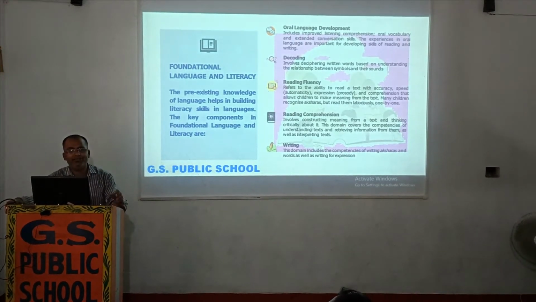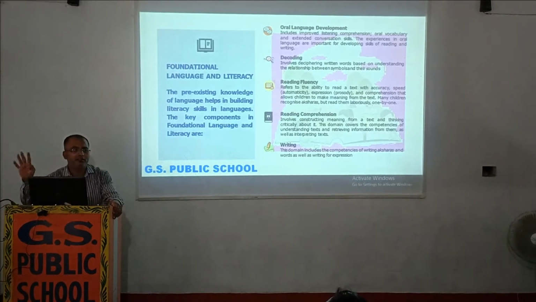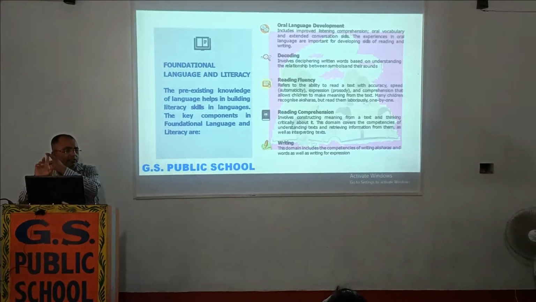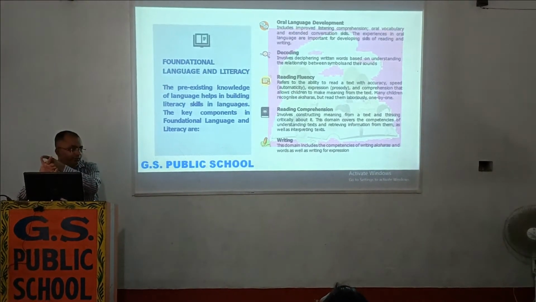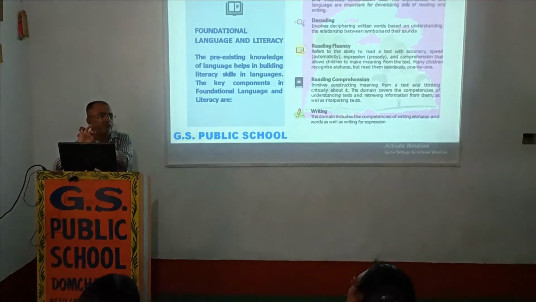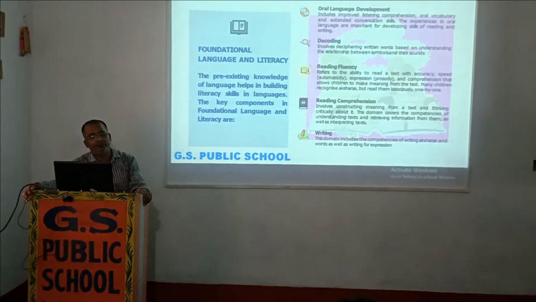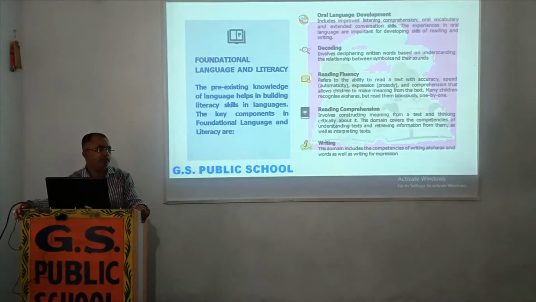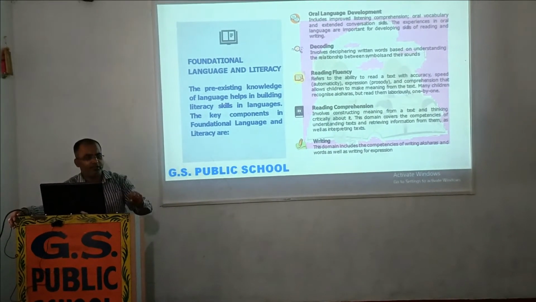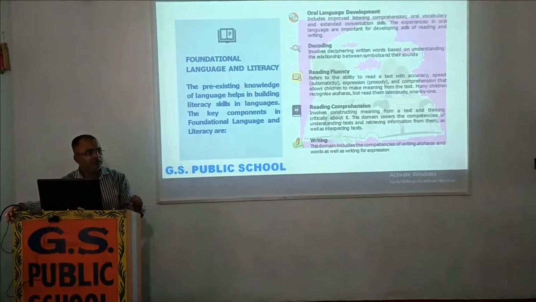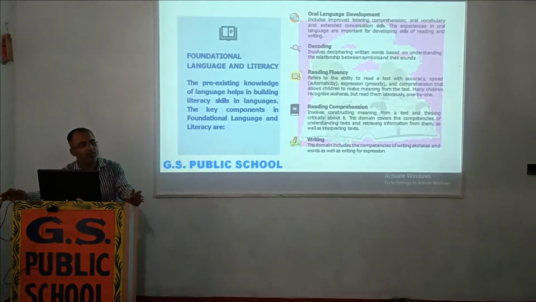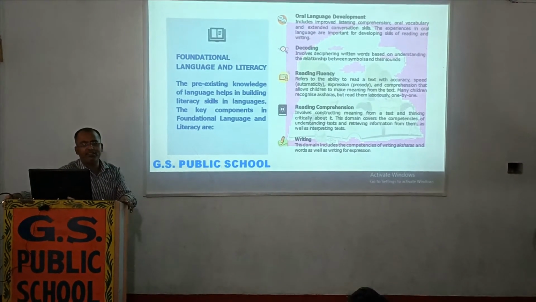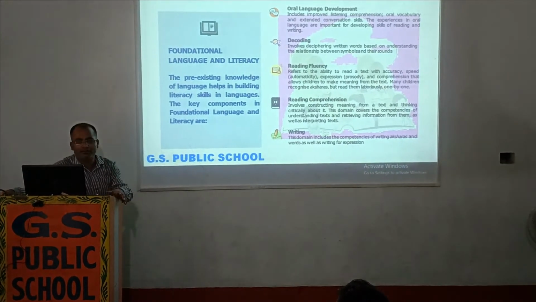So if you want a child to learn, we can just count by fingers. We give an example to the student: how many fingers are there? The student counts, 1, 2, 3 and 4, and likewise the student learns all these things. If we give cubes or balls, or ask how many tomatoes are there, how many potatoes are there, how many colors are there, then with these kinds of examples in FLN numeracy, the student would be able to learn the numerical part and numeracy concepts in a very playful method.